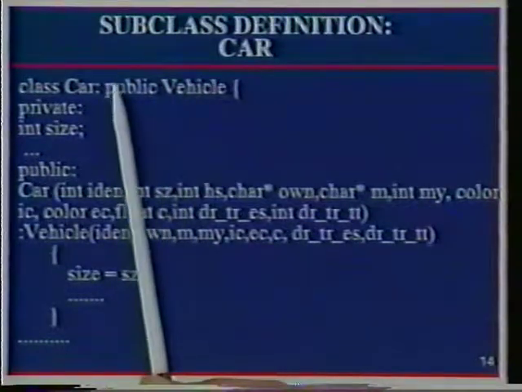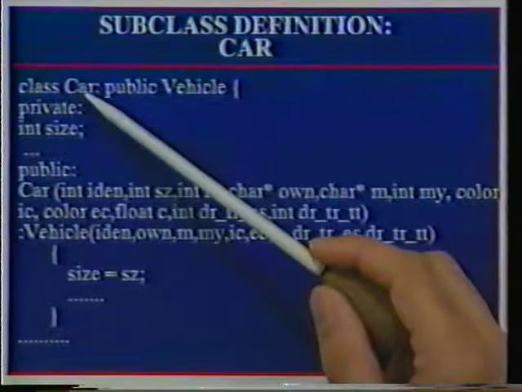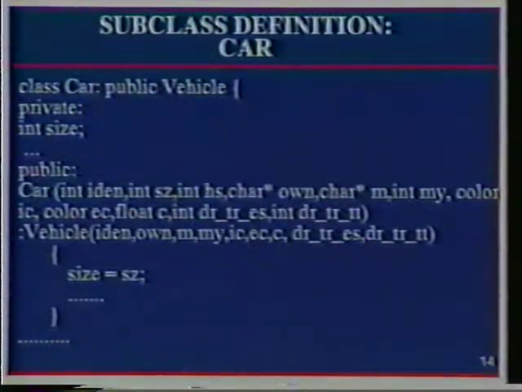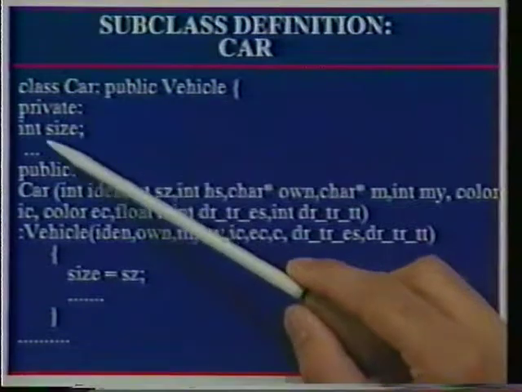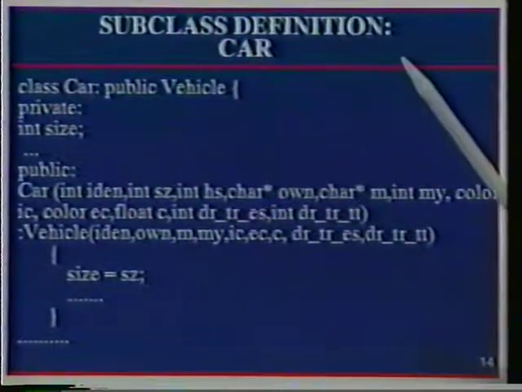Now I used public here, because if you use public you can derive further classes from here. If you do not use public, you cannot derive further classes from the car class. The private here has got the size in there, otherwise we can inherit the variables from the